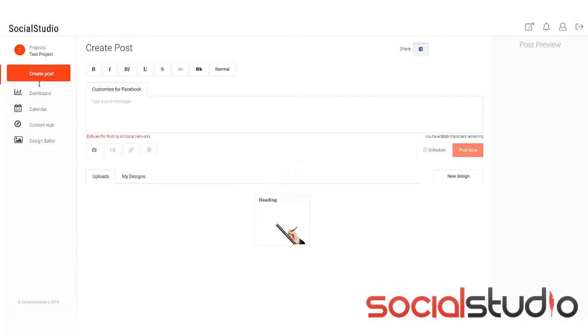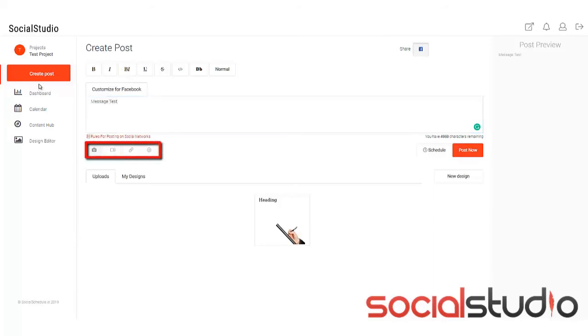Now once in here you've got an editor where you can customize your post so you can post it to the different places you want to. Now I've only set up Facebook, but if I had the other networks set up you would see them along the top here and you can click whichever ones you want to share to. You can share to all of them or just one of them or a couple of them, totally up to you. So all you do now is you type your message in here,